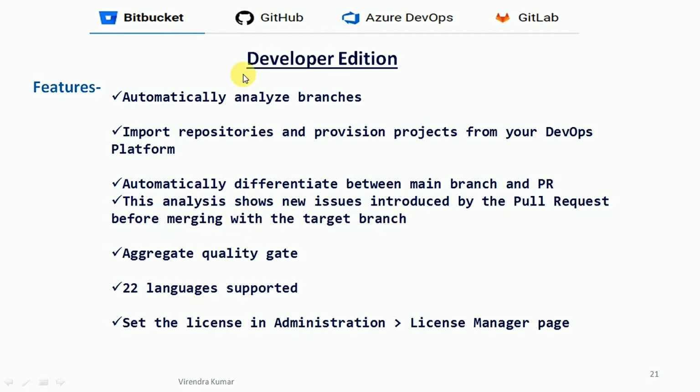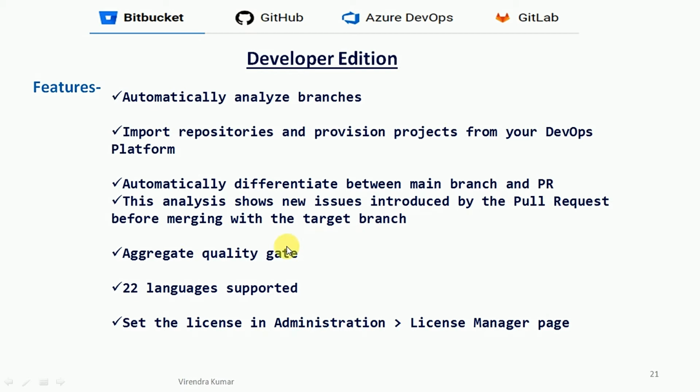If you are aware of GitHub, and if you know how to create a pull request in GitHub or in Bitbucket, then you can understand this. When we create the pull request, it goes to the approver. Before approving with the target branch, that is our master branch, SonarQube will do the analysis and give the results, meaning whether the pull request is eligible to merge with the master branch or not, and it will show an aggregate quality gate.